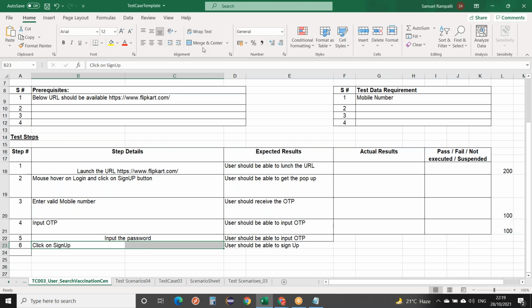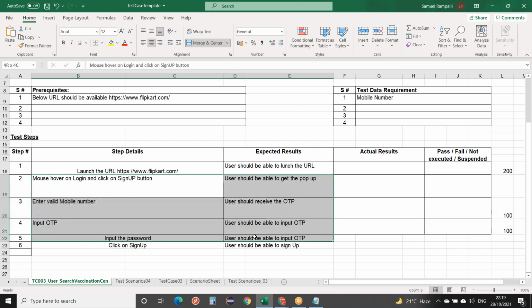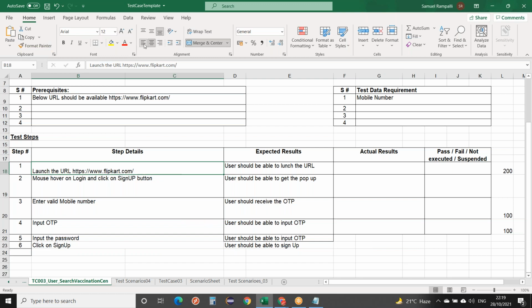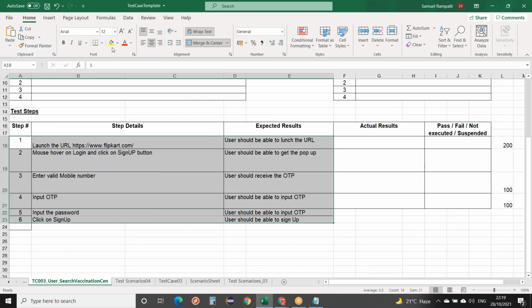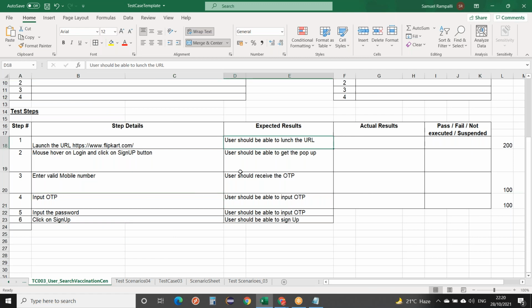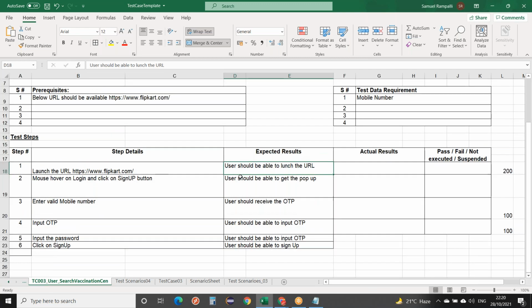I will merge this and give it all together. This is my test case, guys. So at the time of design you will write this and then give it to the reviewer.